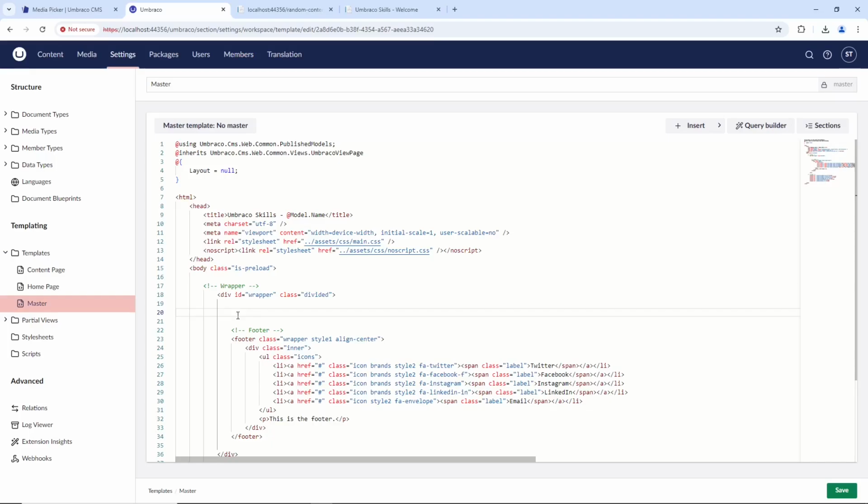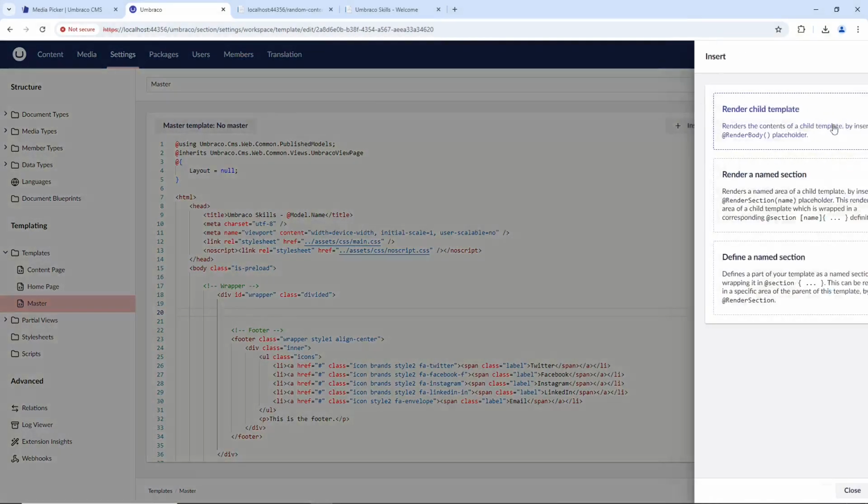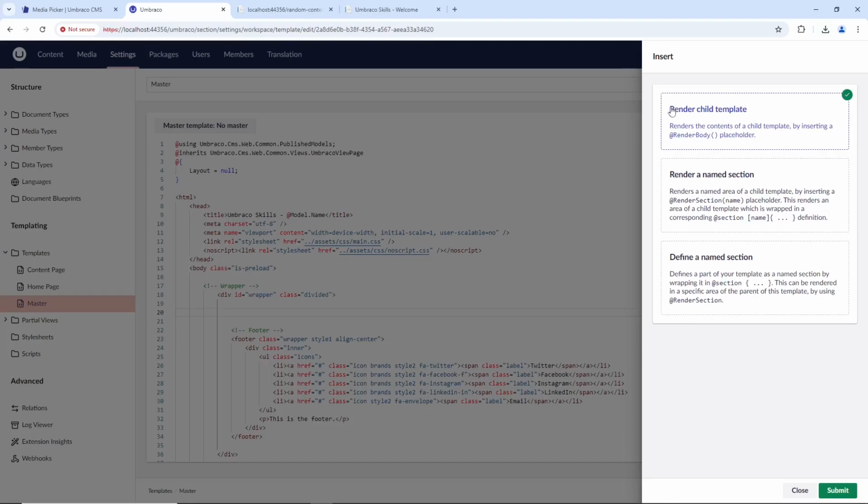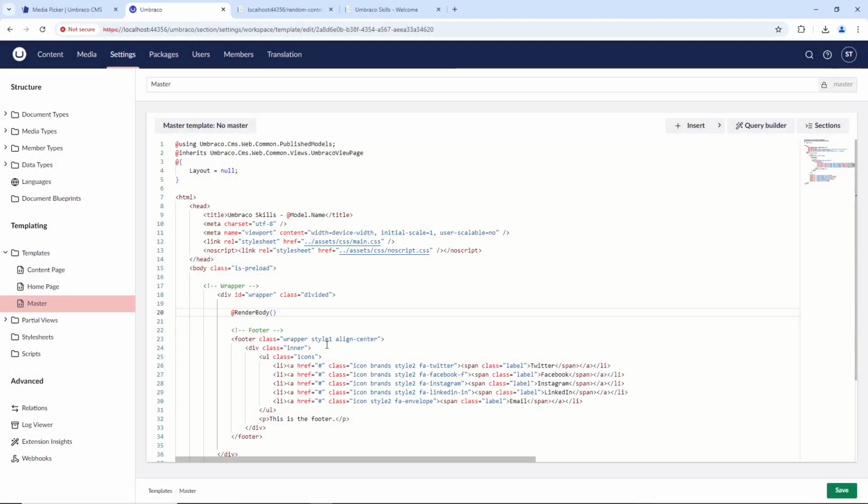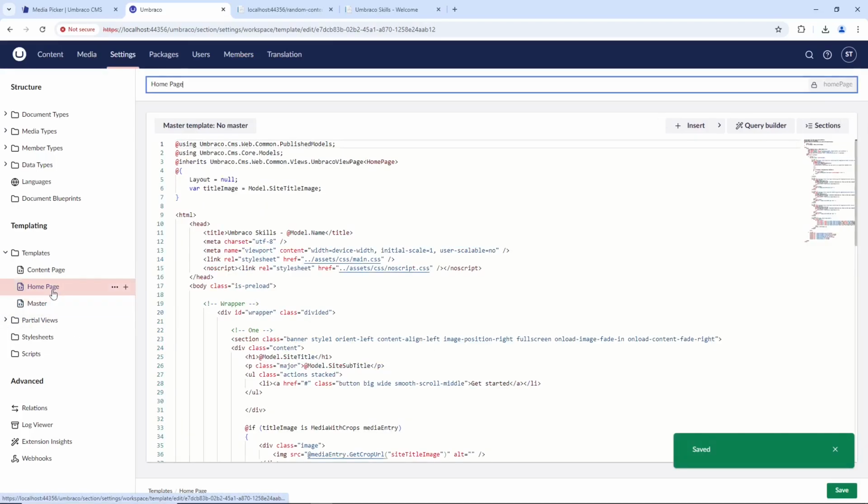So in order to render the content from the other templates that will be using this master template, we are going to use the sections button up here and add this one that's called render child template. It will add this render body method here, which will then be rendering whatever HTML tags and Razor that we put into the home page and the content page. So let's go ahead and save our master template, and then we'll clean up the home page,